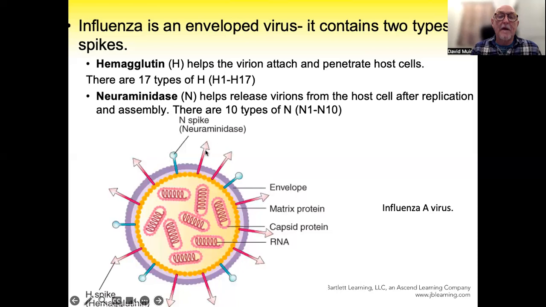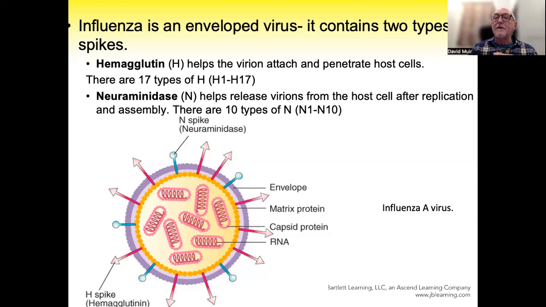Now, these are complex proteins, and the hemagglutinins are attachment proteins and also assist in penetration into the cytoplasm of the host cell. And we recognize 17 kinds of hemagglutinin spike, H1 to H17. The other kind of spike is called a neuraminidase spike, or N spikes. And these are more concerned with the